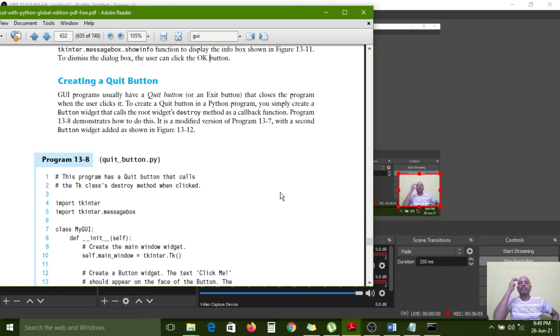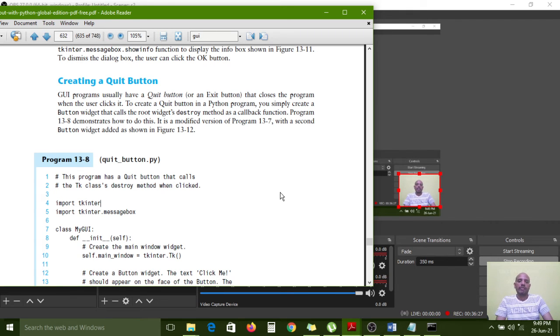So the name is your wish. If you create a button, you need to write some text like quit, exit, cancel, anything, to close the window. Similarly you have to create that button, but the callback function is different.